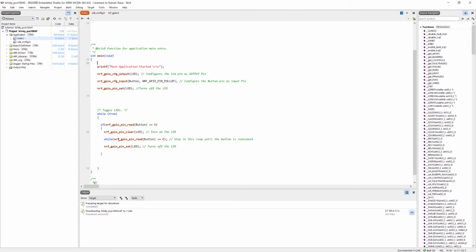So for example, when the button is in the press state, we will put the information on the debugger. So I'm going to use printf "button in pressed state." So I'm putting a new line character to go to a new line, close it, and we are going to